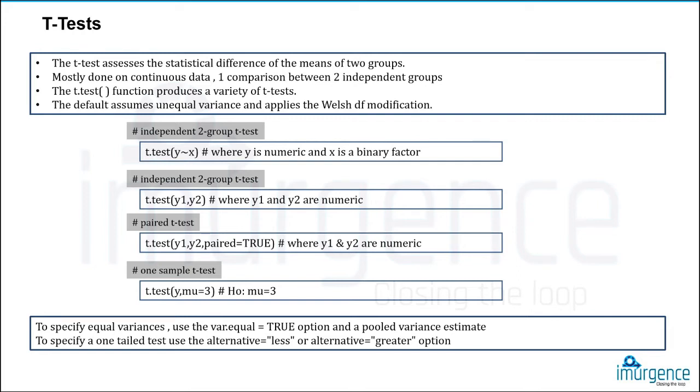Then you have the one-sample t-test, wherein t.test is just on v, and you're saying mu, that is the value of mean, is equal to 3. So H0 is that the mean, that is mu, which is shown on the screen, is equal to 3, right? So you can utilize all of these to do a t-test, and incidentally your linear regression models have an inbuilt t-test there. So when we do linear regressions, we'll be covering more of this.